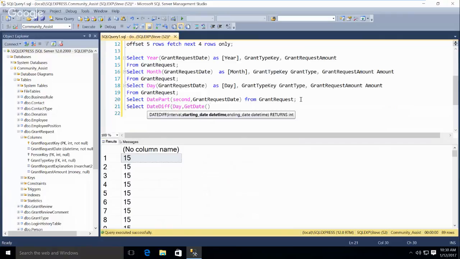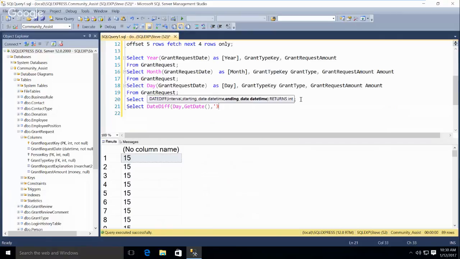Here's another date function. Anybody guess what GETDATE does? It gives you the current date and time, according to your computer. So if your computer's wrong, you're wrong. And then we need the end date. What's the last day of the quarter? 23.